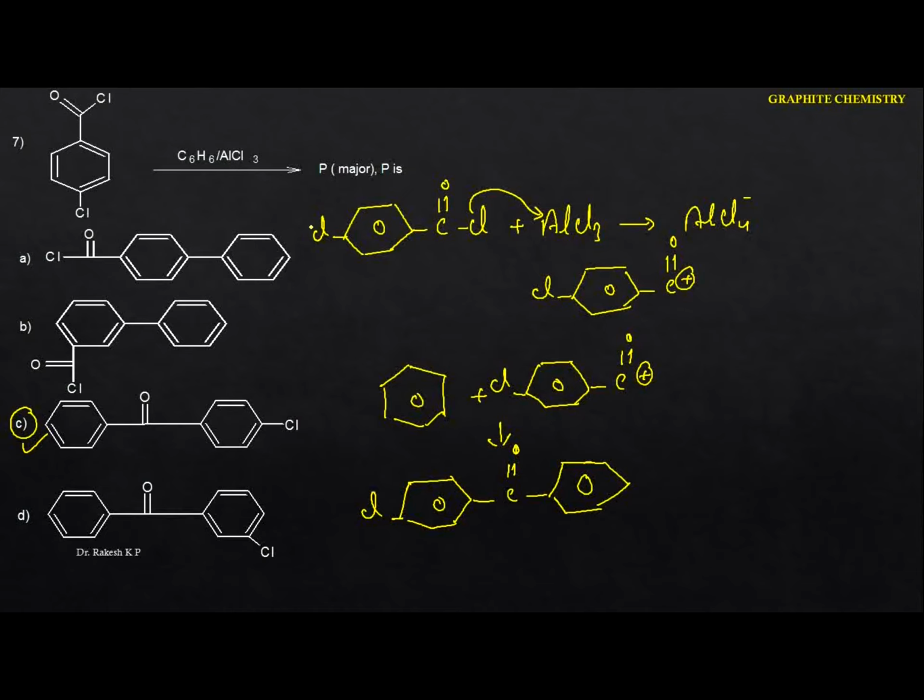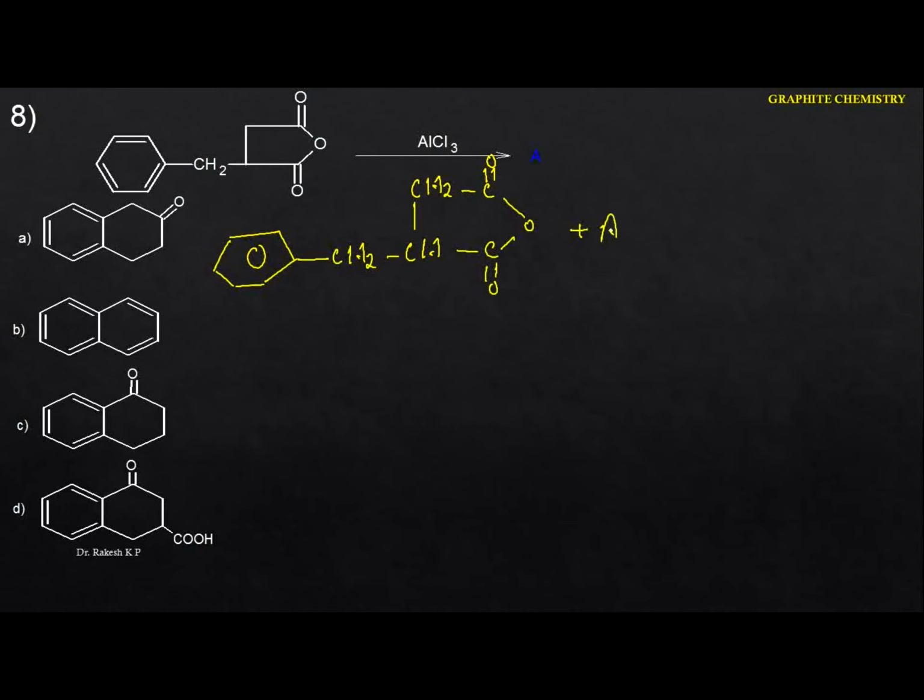Okay, so next one. Now see the next one here. This compound is heated with aluminium chloride. Again I'm going to write this one here. We have a benzene ring, and we also have an anhydride. So this is the benzene, and the next thing is this is the CH2. I'm going to split this one. This is the CH, here it is the CH2, C double bond O, and here also C double bond O. This is the O like this.